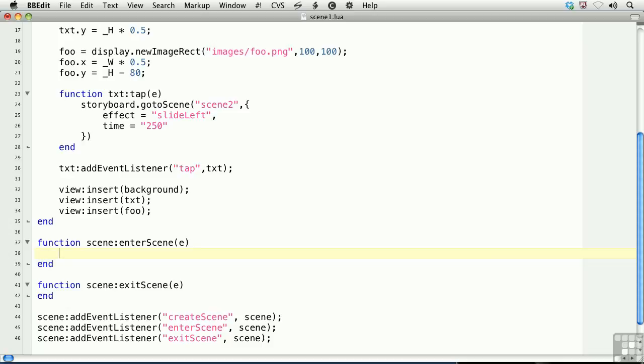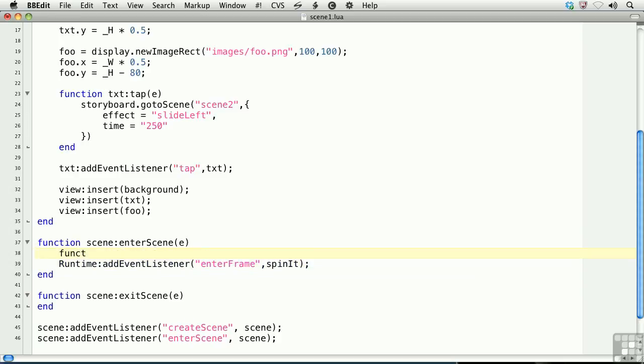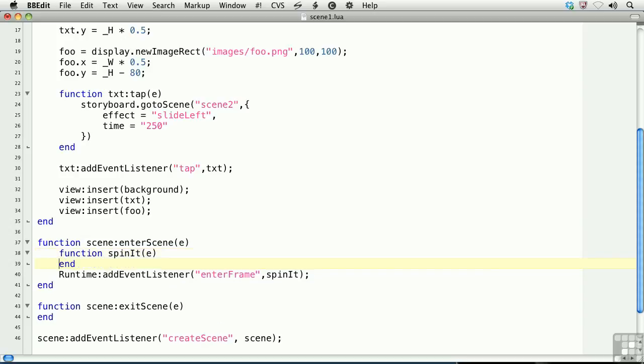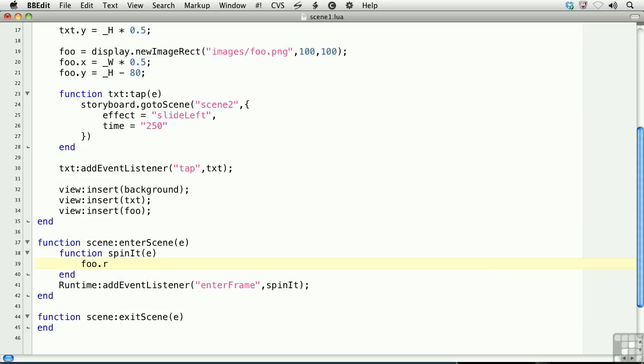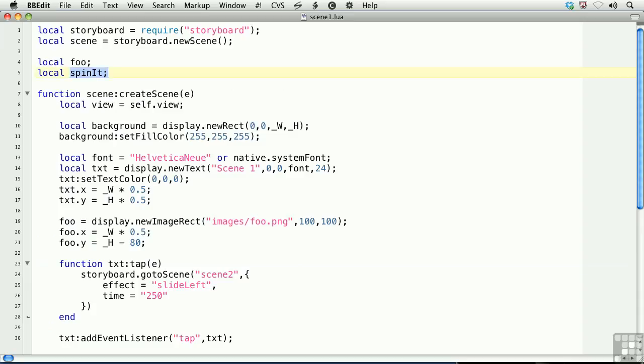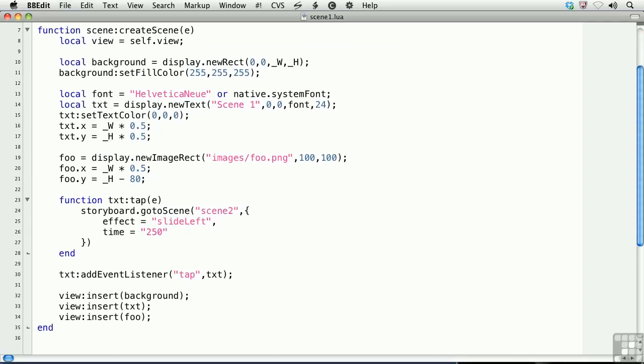Now, within the enter scene function, we'll animate the foo object. We'll use a runtime event listener, and we'll listen for enter frame, and we'll call spin it. Let's define that. Function spin it. And here, we'll affect the foo object. We'll set its rotation equal to its current value, plus 1, and then mod 360. And remember that we did declare spin it on line 5, so we can access it outside of this particular function,